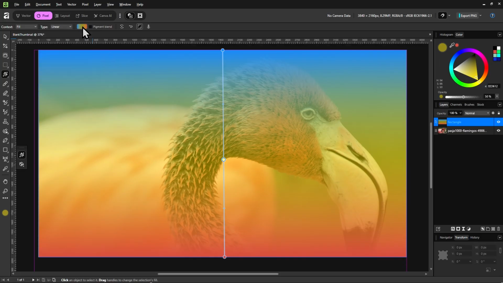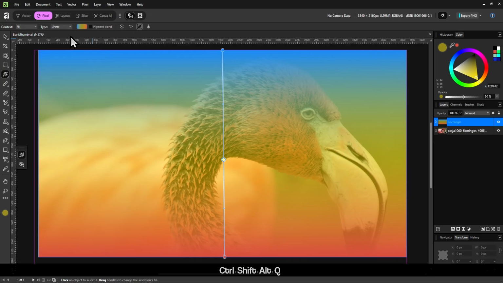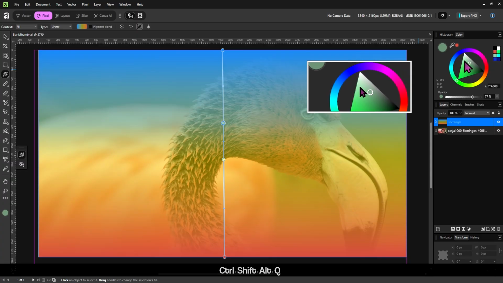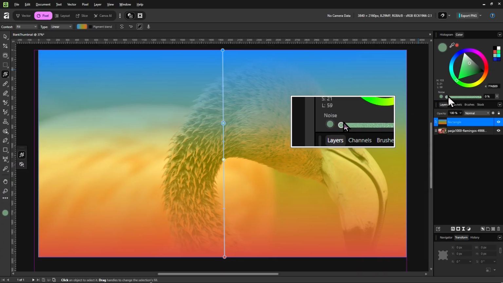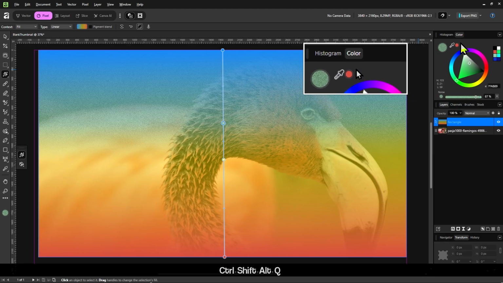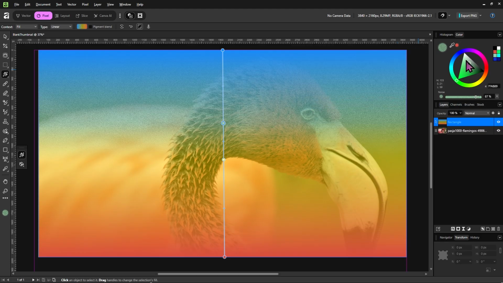And that was in this color picker here, by the way, but while we still have the fill tool selected, we can actually add these stops ourselves to this line here. Just double click. And to move them around, just drag them. And to change the color, including the opacity and the noise, we can just go into the color panel while making sure we have one of these stops selected.